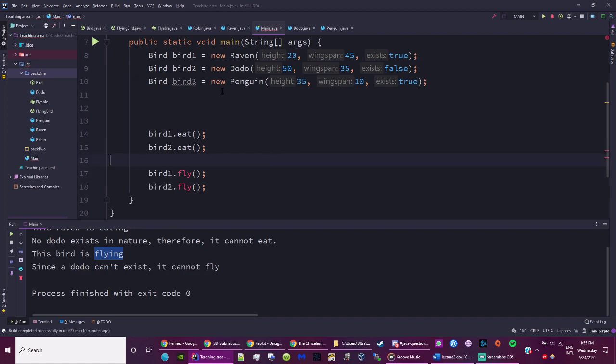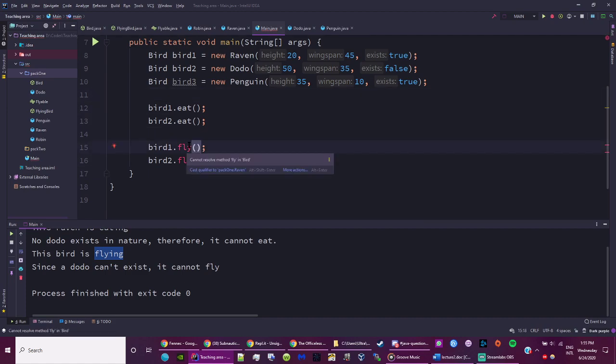So any bird that we specify from a given bird object can't recognize the fly method unless we do some, we'll call it wizardry for now, but for right now, let's not